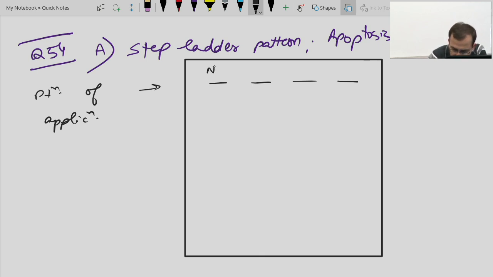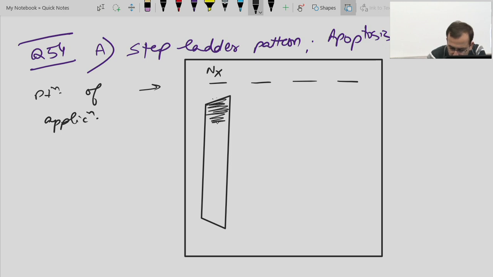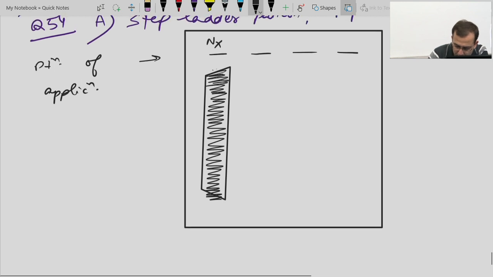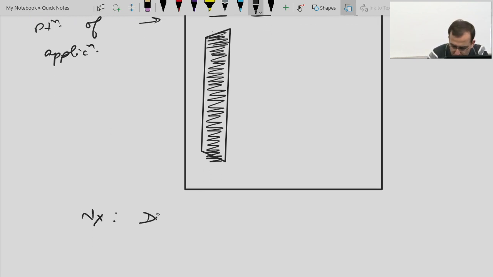What we see in necrosis is a diffuse smearing pattern. Necrosis shows diffuse smearing,